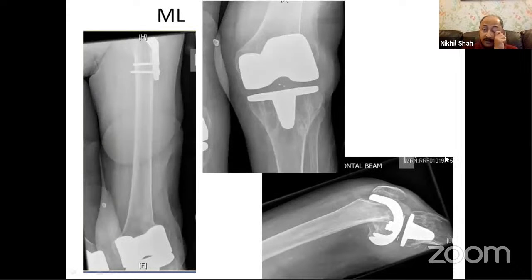Another example of an uncemented LCS knee replacement in an elderly patient who has a DHS at the top for a hip fracture, and she fractures. Now her femur is extremely soft and extremely porotic. And you can imagine when you try and take out that LCS uncemented tibial component, it is going to cause a lot of damage to the tibia.